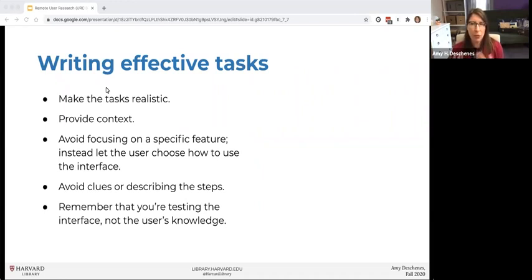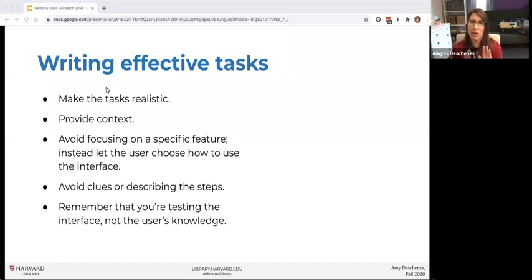You also want to avoid focusing on a specific feature. So give them the task and then let them do it however they're going to do it. For instance, with some testing we've done for Hollis in the past, sometimes I'll see people take a certain path to make an ILL request or something like that. And you're like, oh, there's a way to do it where there's far fewer steps, but you don't want to prescribe or recommend as a moderator.